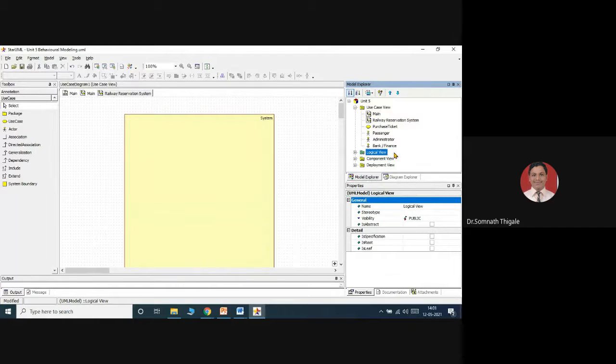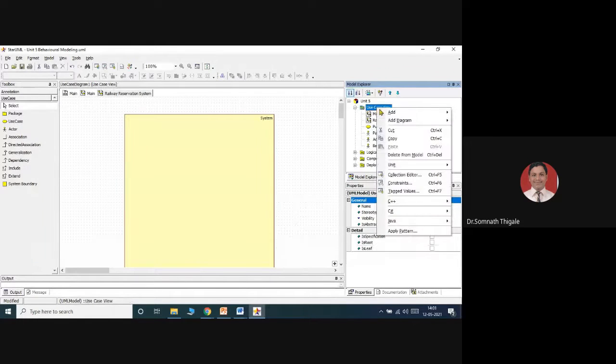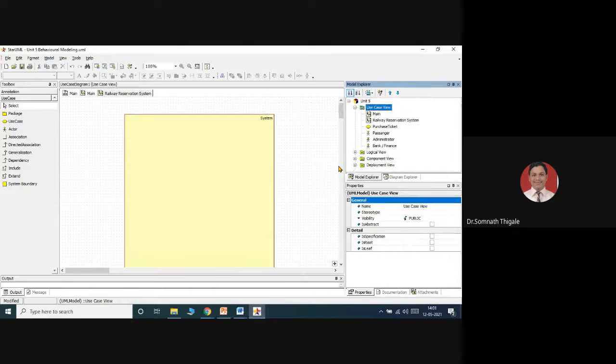Okay, so these are all human beings. Apart from this, we need to take the printout of the ticket. So I need a printer also. So I'll add one more actor as a printer. If suppose I have the hard copy of a ticket, and while I'm entering into the train, I have to show that hard copy. So to read the hard copy, I need a scanner also. So I'll consider printer, comma, scanner.